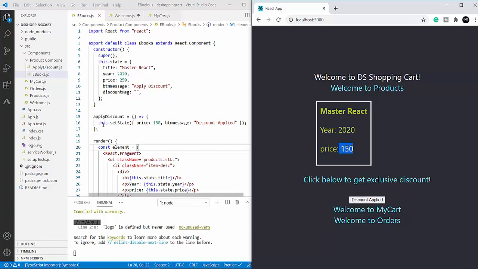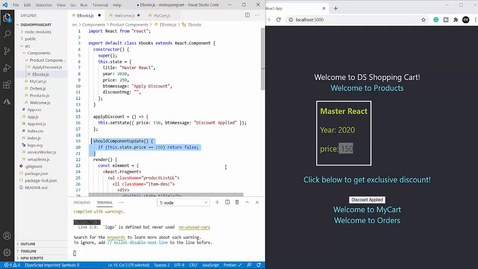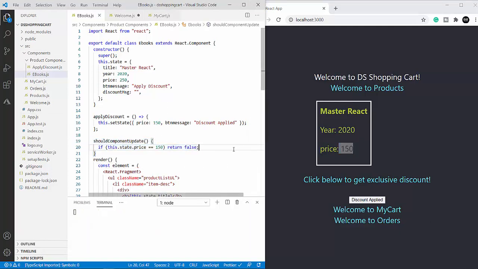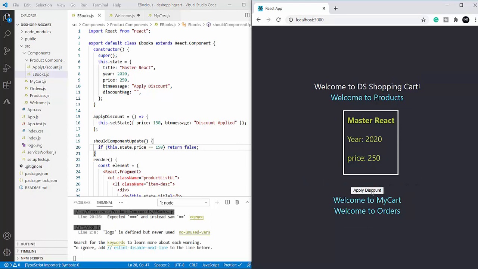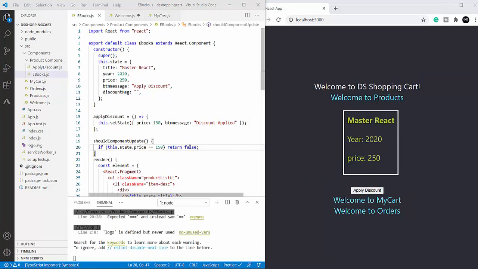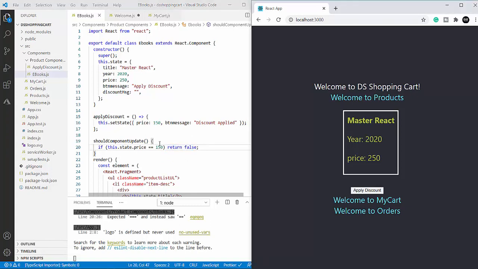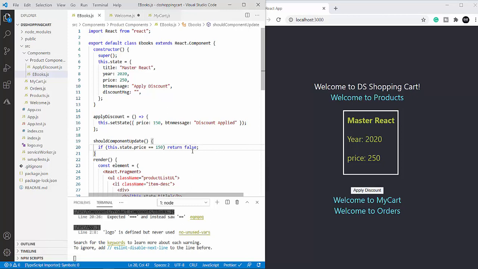But when I apply this and save it, no change, because the component rendering is stopped by returning false. This is how you can perform validations on any changes that happen to a prop or state.